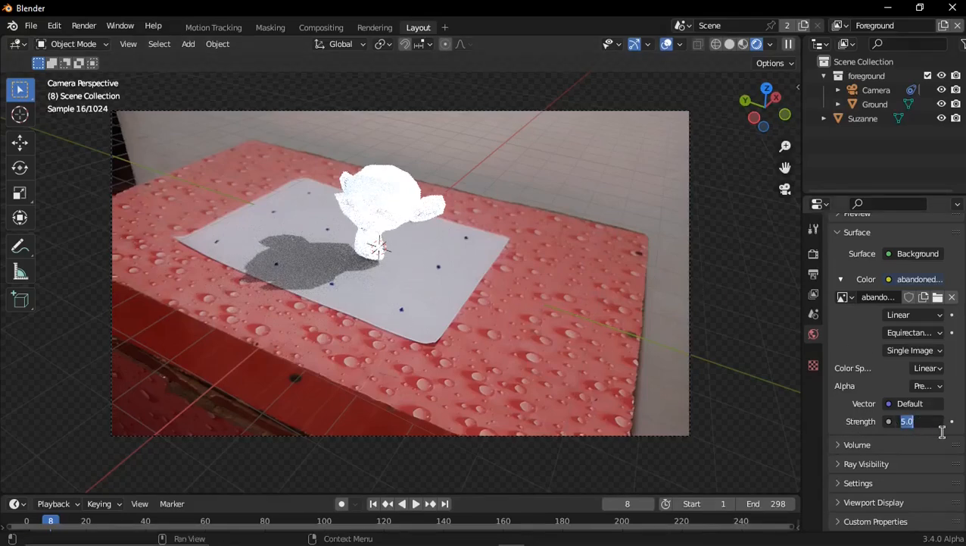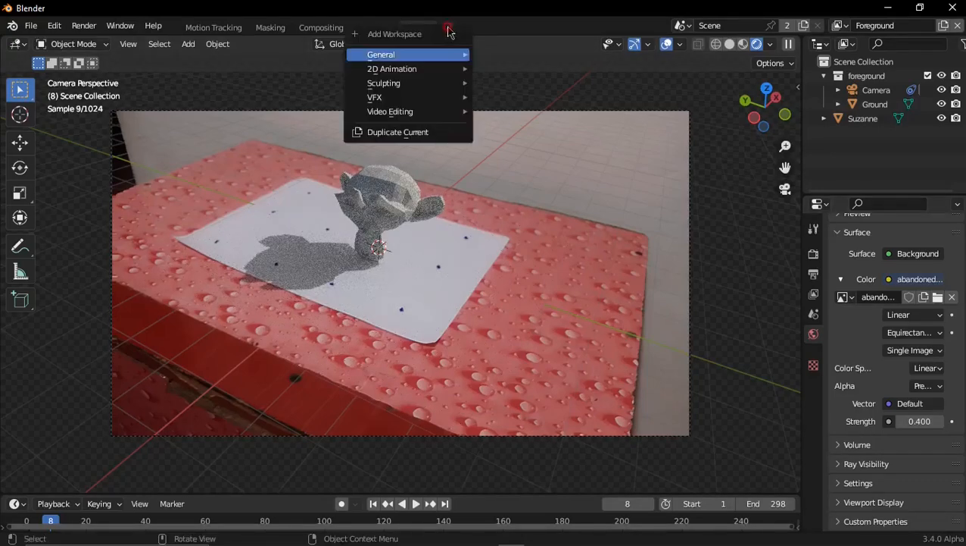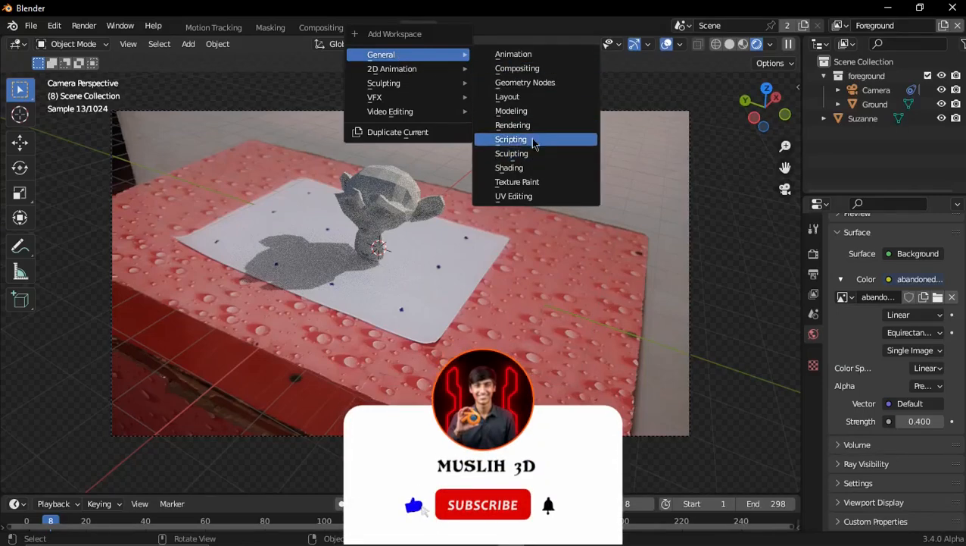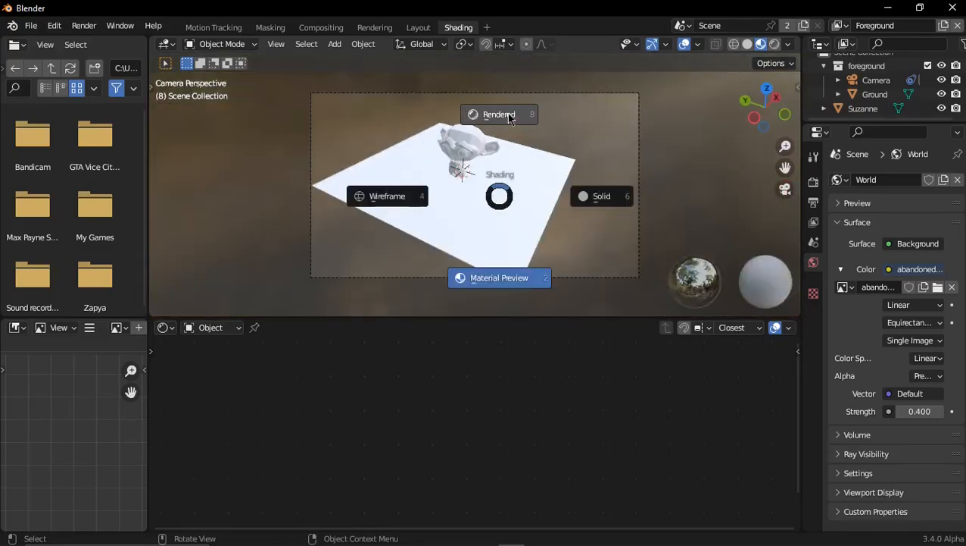strength is very high, so I type 0.4, very good, and click the plus icon, General, change to Shading, rotate the HDRI shadow and press Z, go to render it,